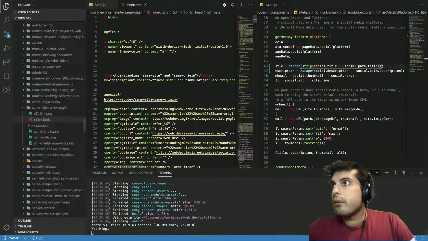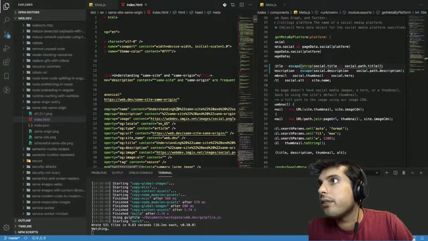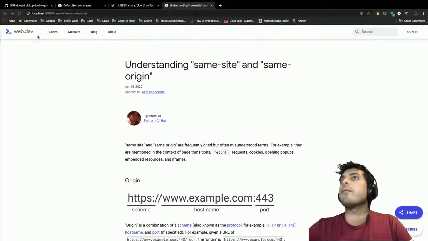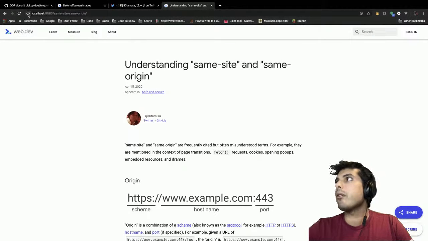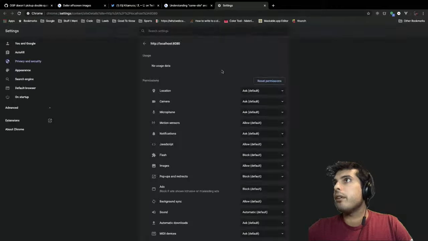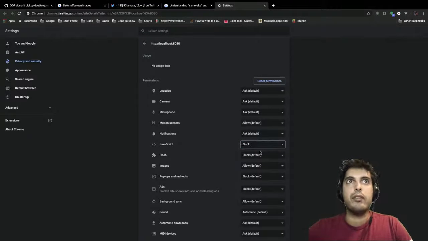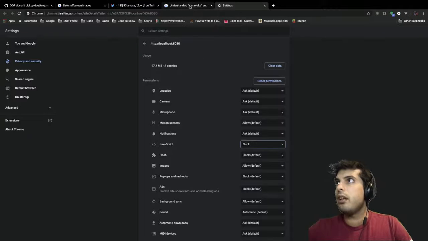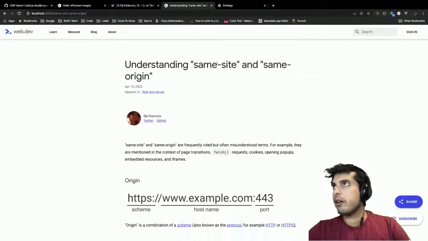So if that runs again, we have understanding, percentage 20, percentage 22. All right, so this might be the way we want to go, but it's not going to show up here because of the way we have the service worker enabled. So what I'm going to do is disable JavaScript on the website for the time being so we can actually test and see how it works. So we're going to go back, refresh,